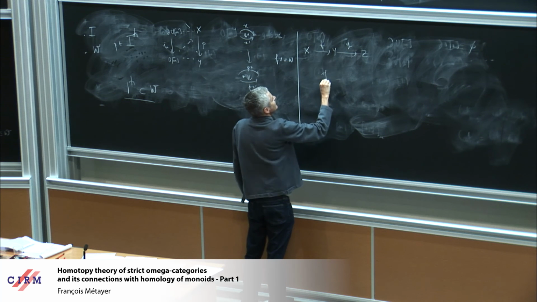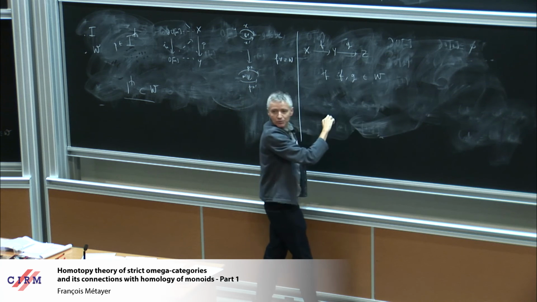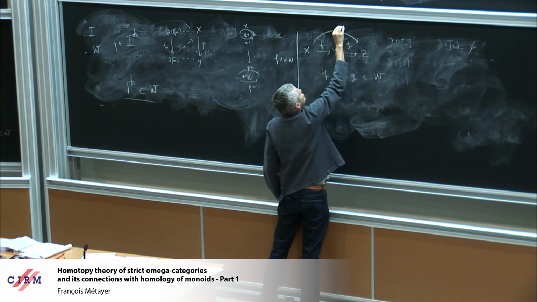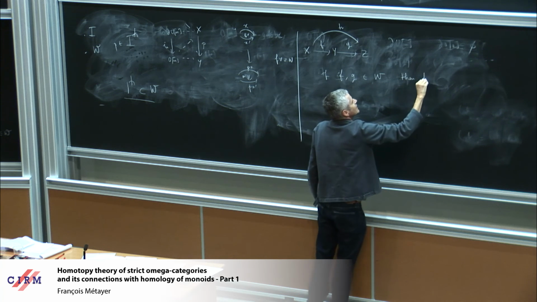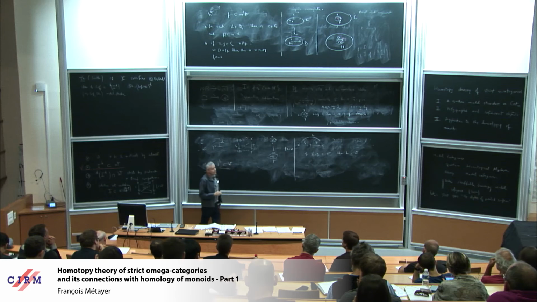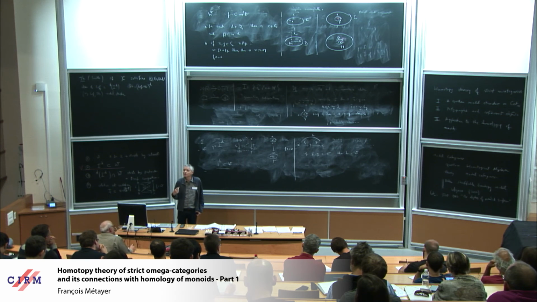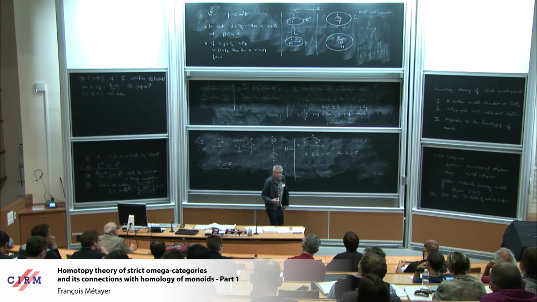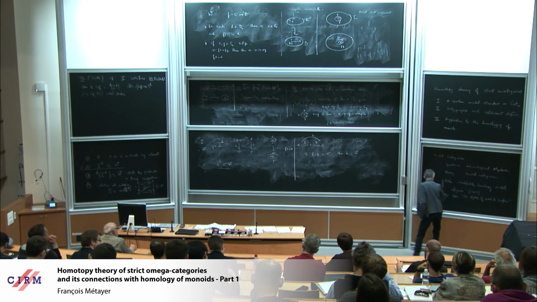If F and G are in W, then H is in W. Why is that? That's simply because the notion of omega equivalence is a congruence. It respects everything you want, okay? So it respects compositions,